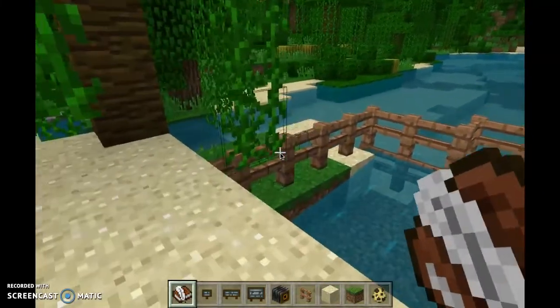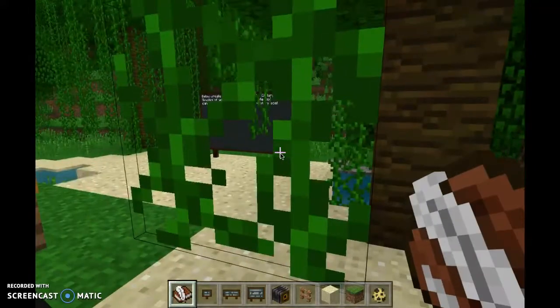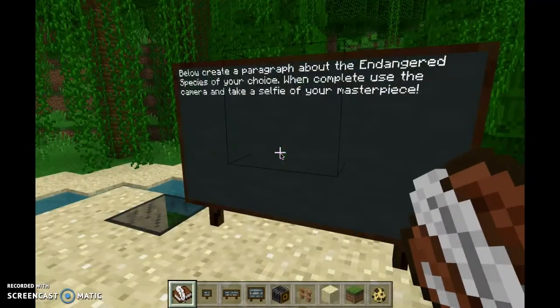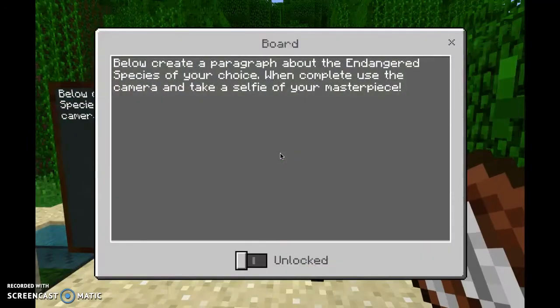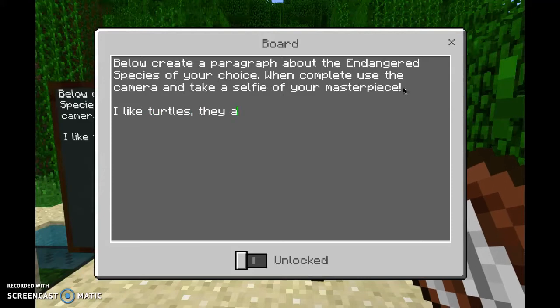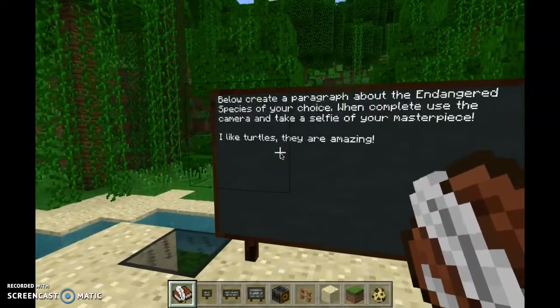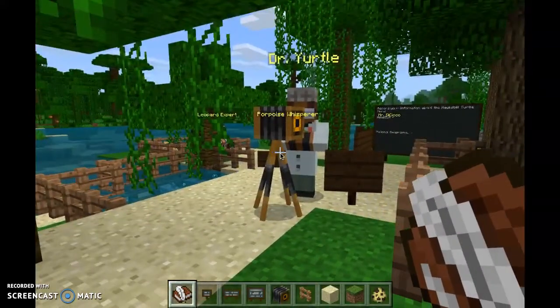So they will walk over following the sand still, going through the trees and the vines, and they'll come across our final board, and here is where they will be able to edit. Below, "Create a paragraph about the endangered species of your choice. When complete, use the camera to take a selfie of your masterpiece." So they can click in and begin to write. So I like turtles. They are amazing. Wonderful. When students have written their masterpiece, which hopefully will be longer than this, they will come over,